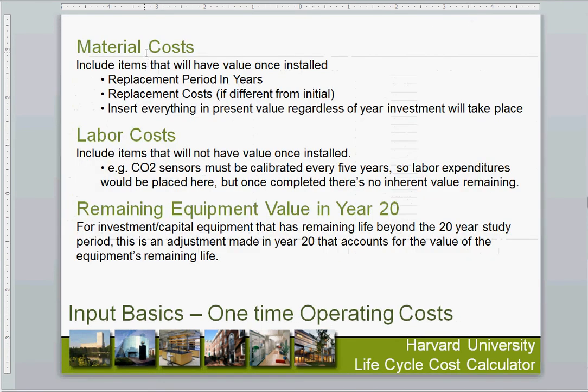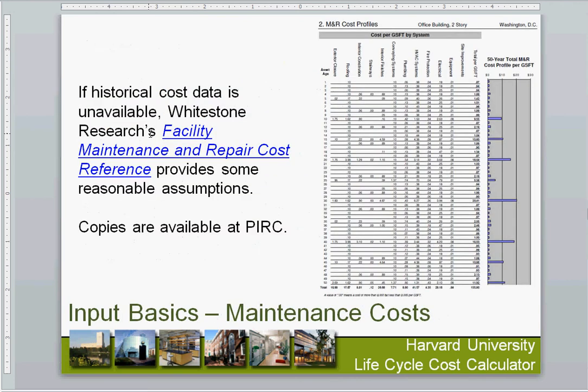So we've talked about material costs, labor costs, and remaining equipment value in year 20. One of the things we're normally struggling to find are those maintenance costs. I wanted to point out the availability. Whitestone Research seems to be the only company that we could find that has a facility maintenance and repair cost reference based both on system and type of building, and gives you an outlay of when you would expect to replace these systems. One thing you might notice is we have very large costs in year 20, year 15, and year 10. That goes back to our replacement period of the 20-year period. They do have their peak ones in year 30,